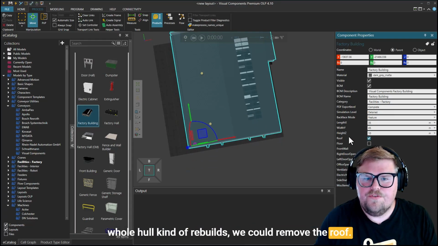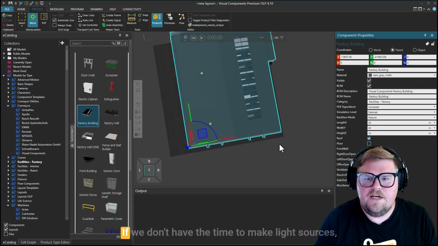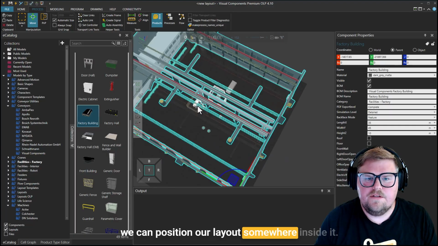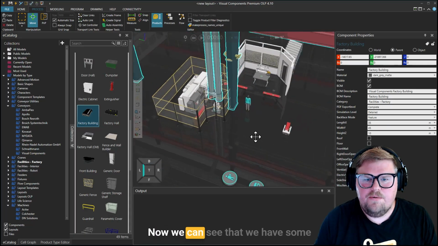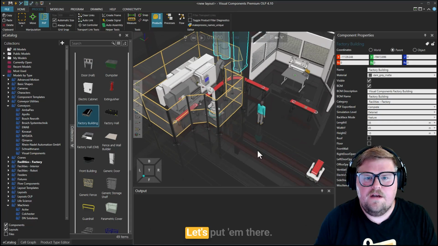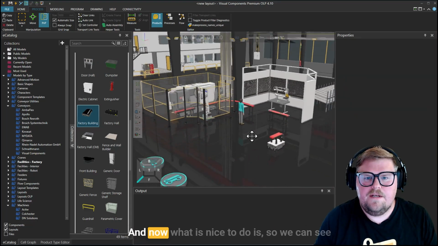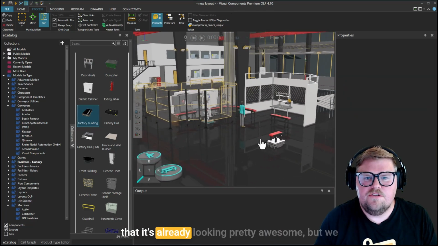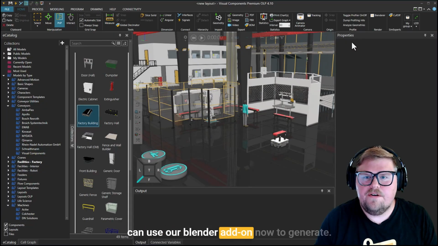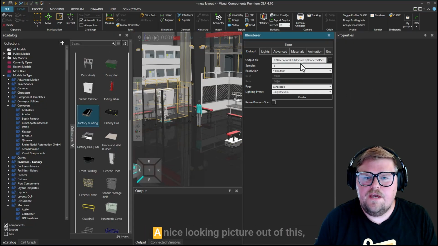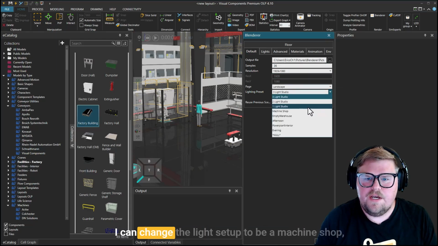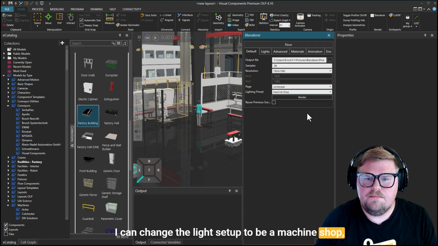We could remove the roof to allow light inside if we don't have the time to make light sources. We can position our layout somewhere inside it. Now we can see that we have some pillars, columns straight through our line. Let's put them there. And now what is nice to do, so we can see that this is already looking pretty awesome. But we can use our Blender add-on now to generate a nice looking picture out of this. I just change the samples. I can change the light setup to be machine shop, for example,